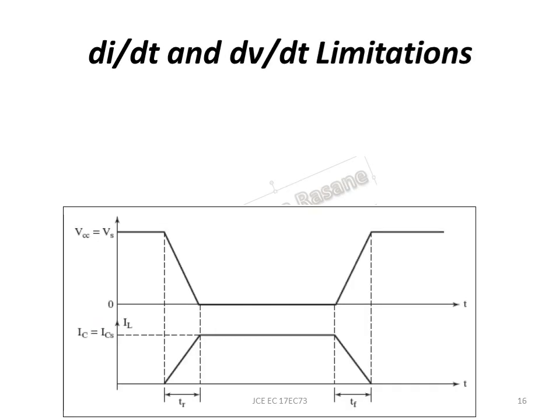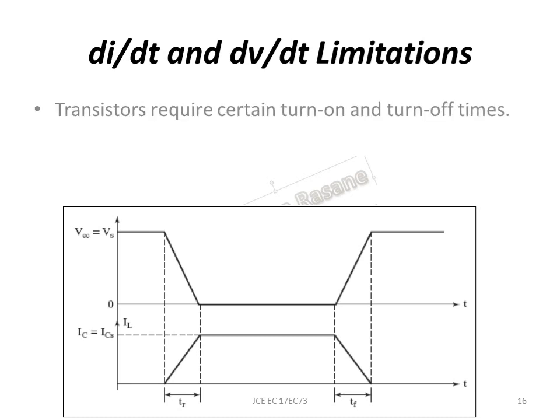And if you look at now the next topic, that is di by dt and dv by dt limitation. So what exactly is this we are going to see? So any power device, and if you look, this is basically the switching characteristic of a transistor I have shown. So what happens is we are turning it on and turning it off here after some time. So when it is in the off state, we should know that whether it's a transistor or any device, the voltage across the device when it is off will be high, right? Whereas the current will be zero.